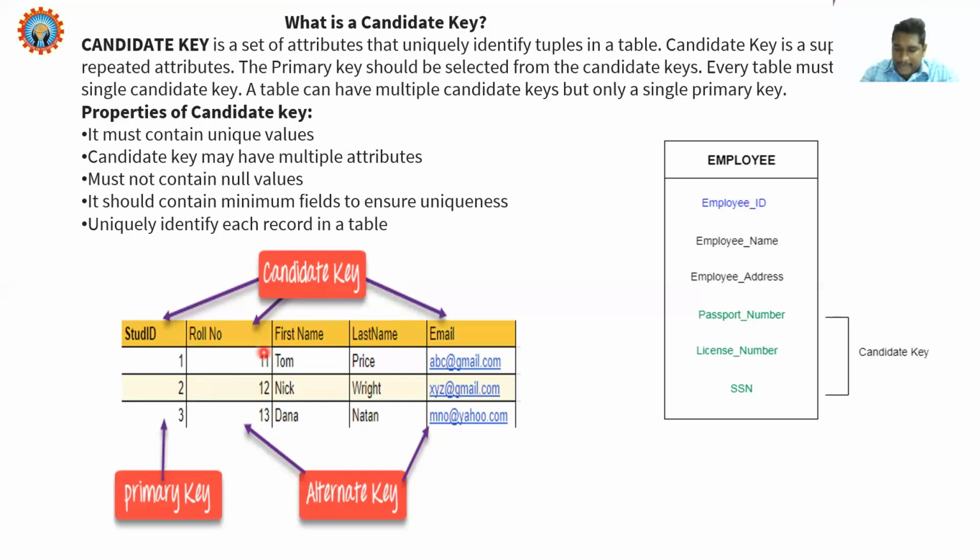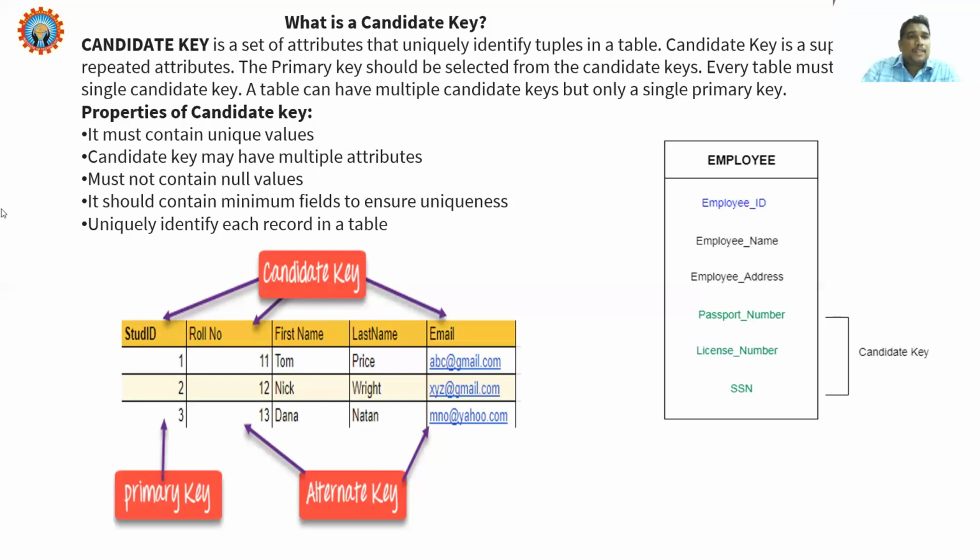So what do you mean by candidate key? What do you mean by primary key? And what do you mean by alternate key? So candidate keys are in a relation. If there are more unique key attributes available, based on unique key attributes we are retrieving or identifying particular tuples in a table. Such attributes are called candidate keys. Among candidate keys, one is acting as primary key, and the remaining attributes are treated as alternate keys.